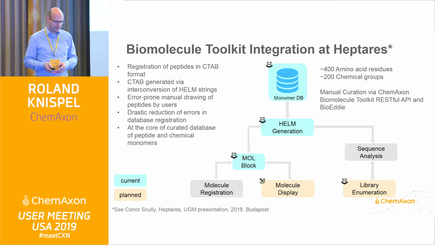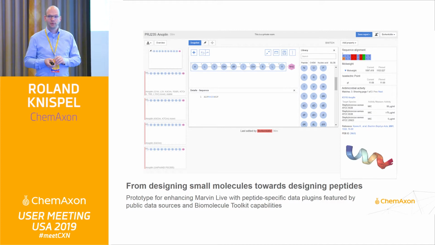A second case is something that I would consider something like an internal experiment. You will hear just right after me a presentation about Marvin Live, a design tool for small molecules, essentially. We have looked at it and said, what if we took the chemical components out of this tool and replaced them with what we have in the biologic space? The result of that is what you're seeing here, but I don't think this is the end of the story, because I think we have just learned what we need to improve